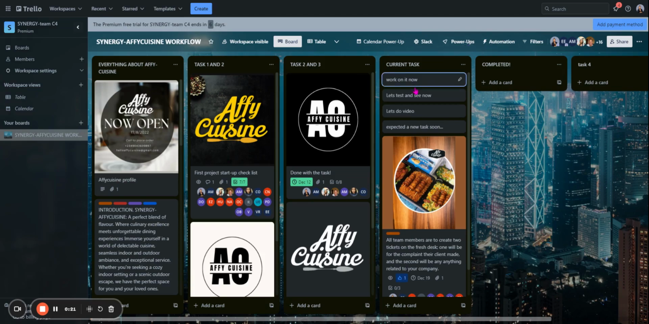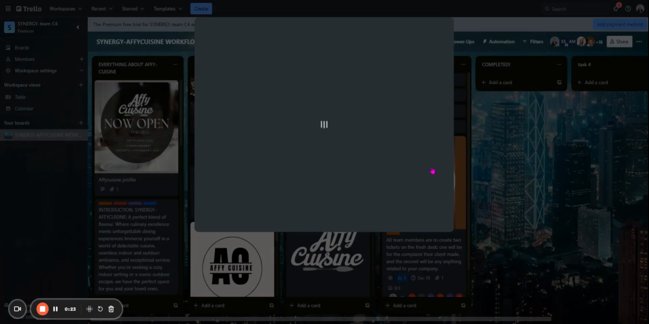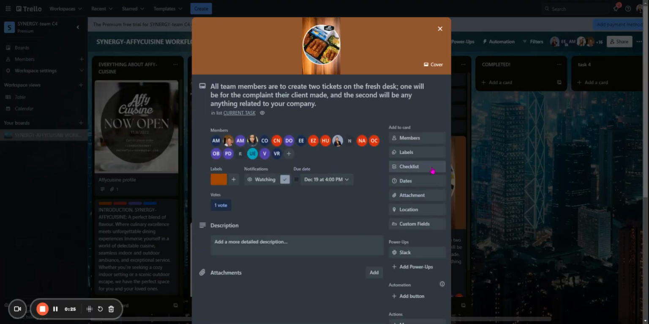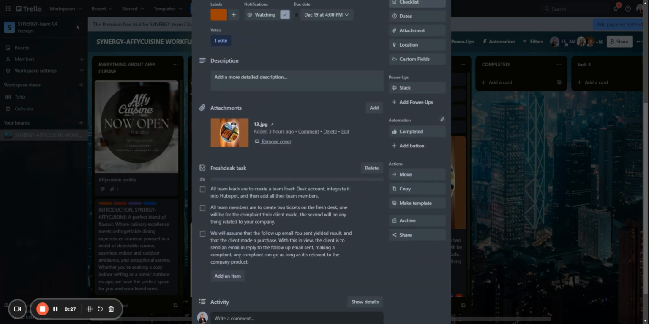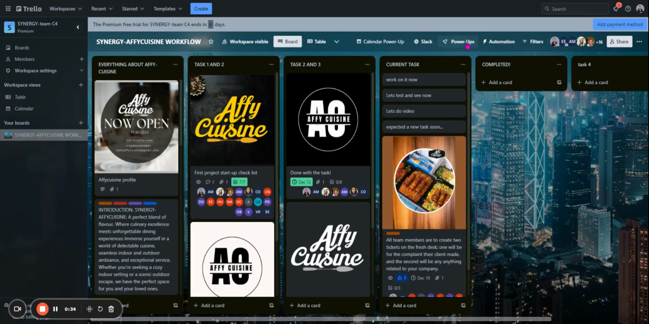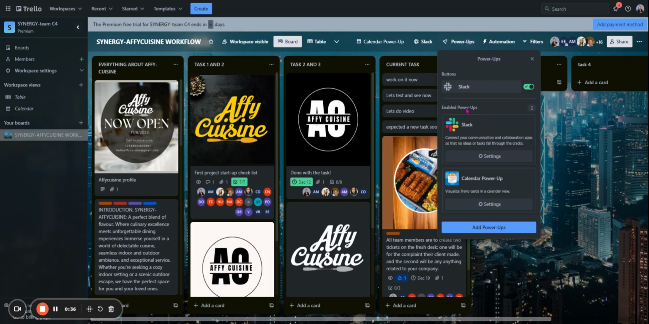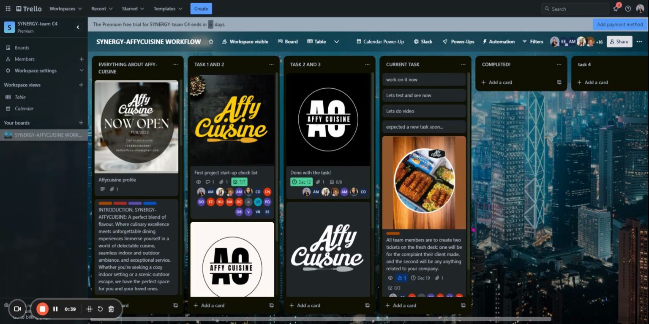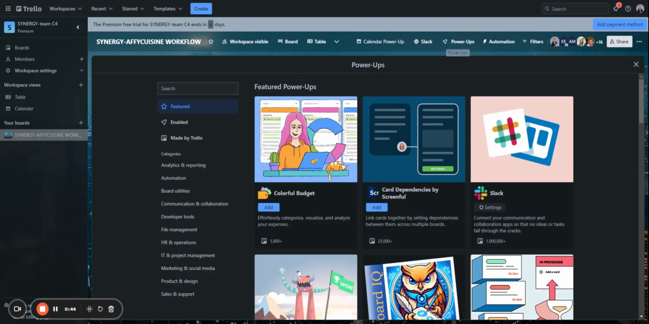So as you can see, there's no power ups here. So now I'm going to add power ups to it. I'm going to click on the power ups. Then there are different options you can choose from. When you click on add power ups, it's going to take you to a section where you can